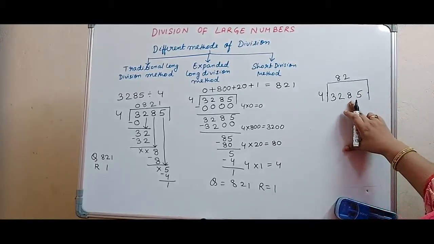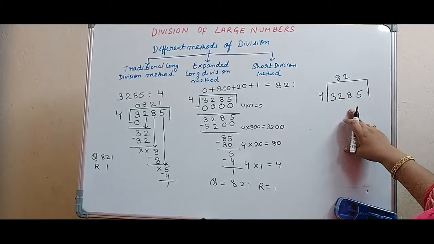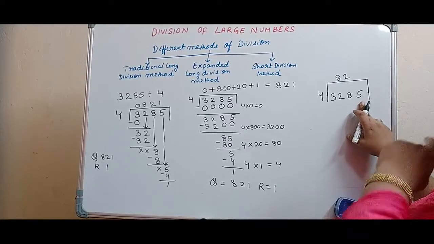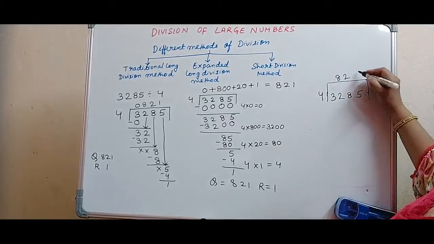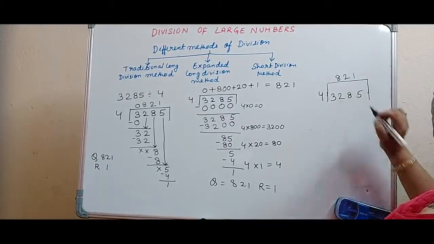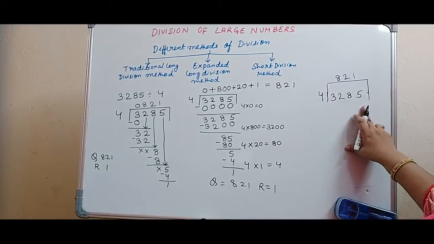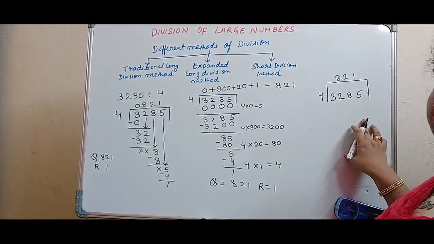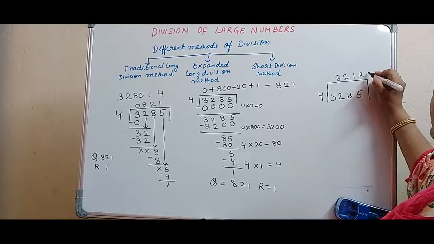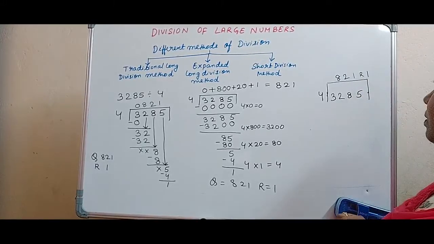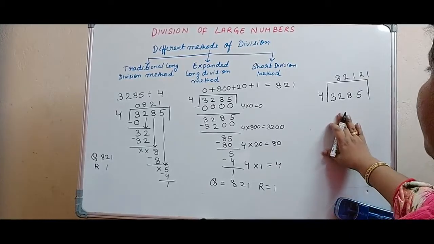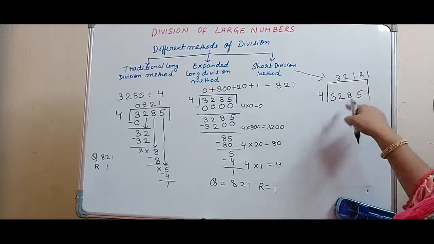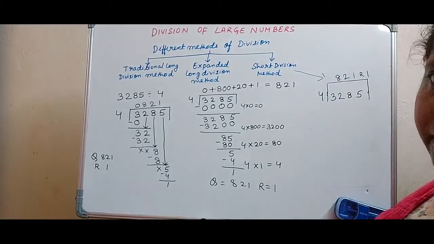Again, you are not getting any remainder here. So we can immediately go to the next place, that is 5. So what we will write: 4 1s are 4. After that you do the subtraction in mind, that is 5 minus 4, that is 1. So your remainder is 1 over here. This is how we do the short division method, which we have done here.